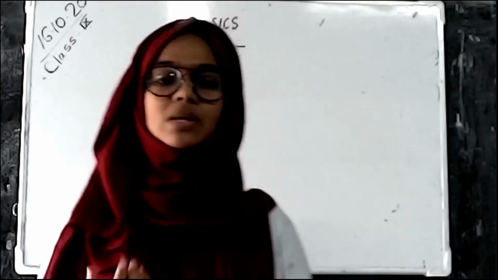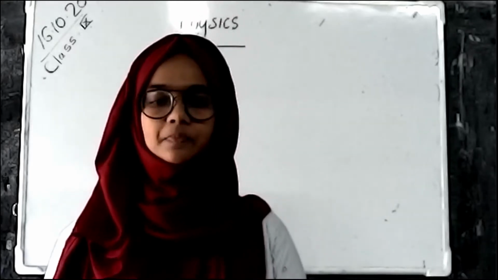Today we are starting our second chapter, Equations of Motion. In this chapter, we are discussing some properties based on a moving object. A moving object is in motion and has some properties. A moving object has speed, acceleration, velocity, and so many other properties. We discussed this in previous classes.